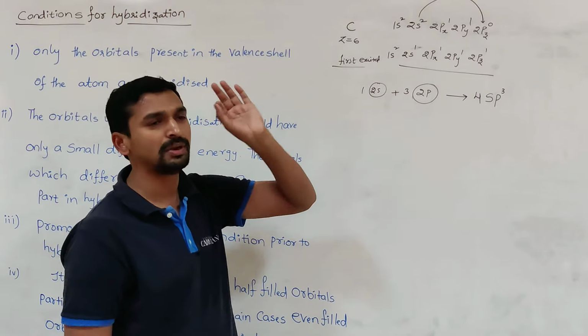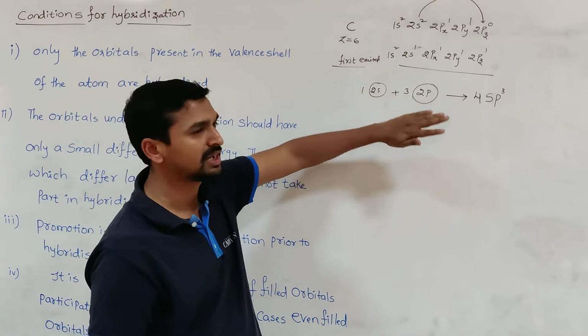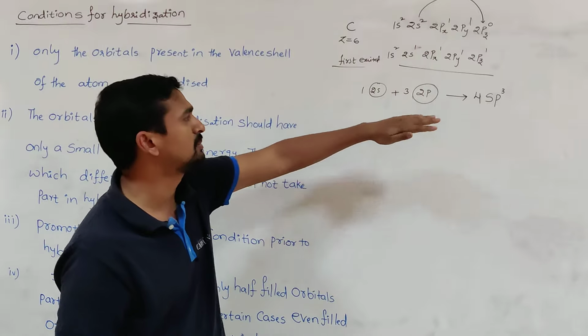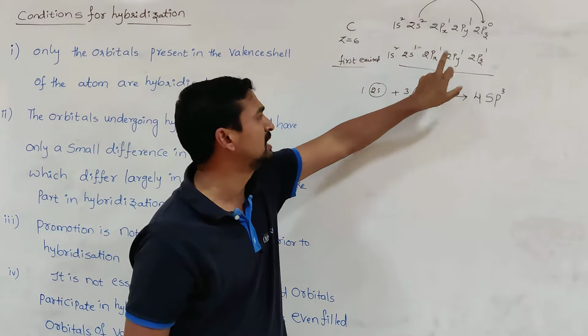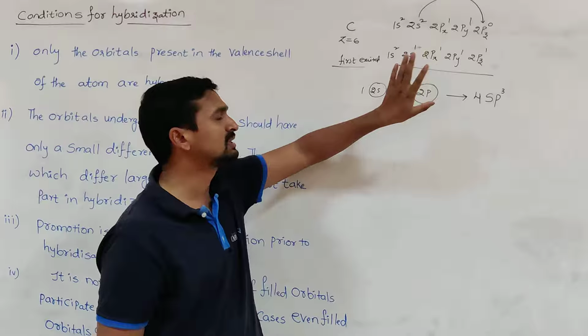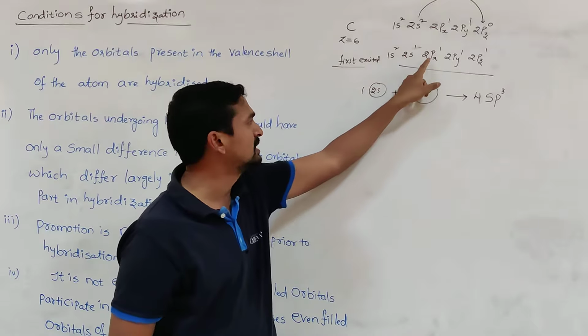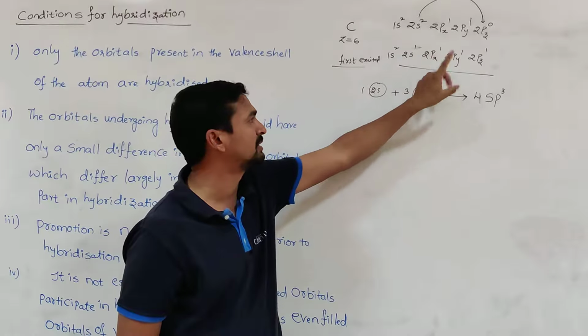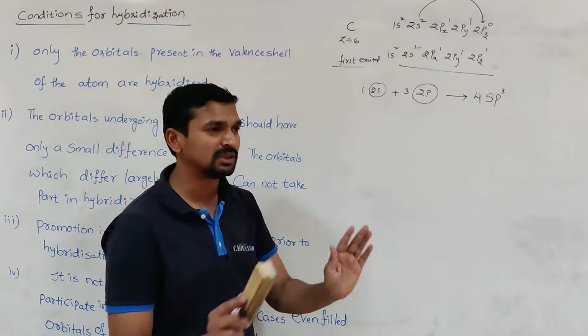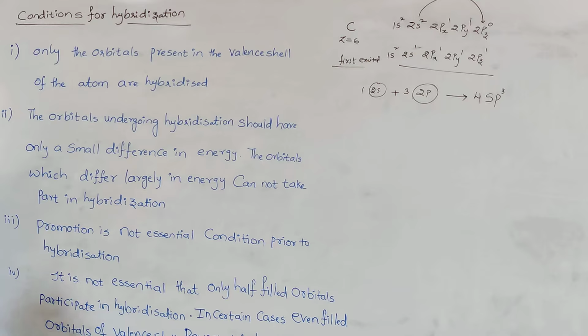So here also you need to remember only a simple point. In most of the cases, not in all the cases, if the principal shell changes, that clearly indicates there is a large difference in the energy. If the principal shell is the same, even though the orbitals are different, they are almost similar in energy. That is the second one.